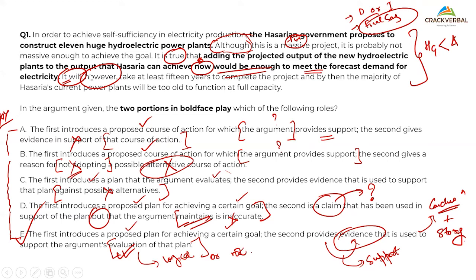Clear for students who got this wrong, that A is only saying support. Support is not the main thing. But here it was not just to support, but to support whether the plan will be a success or not. That was the aim of the para. Can we do another question? Let's move.